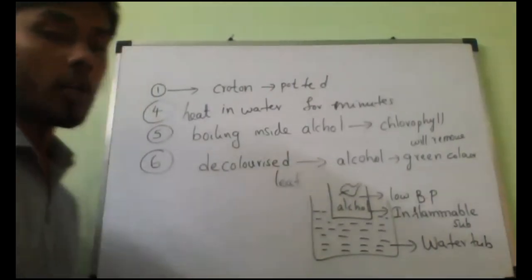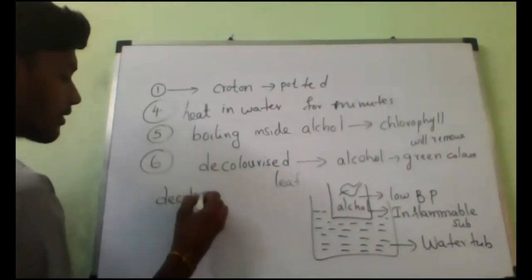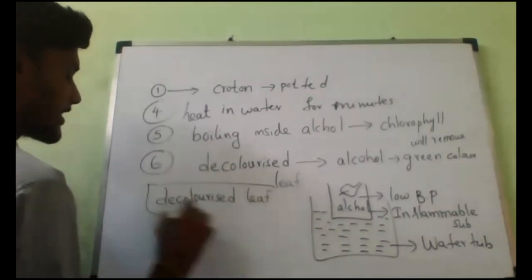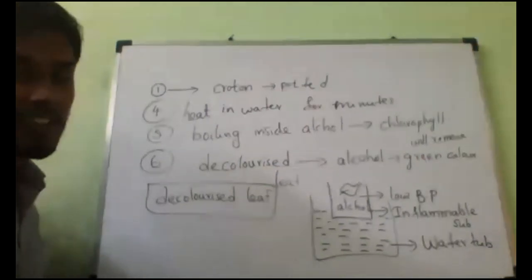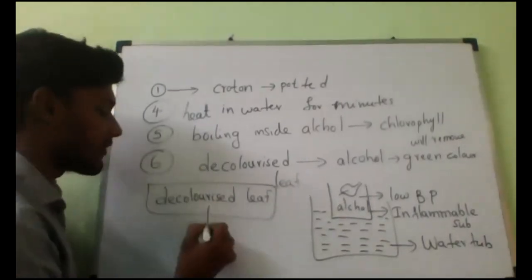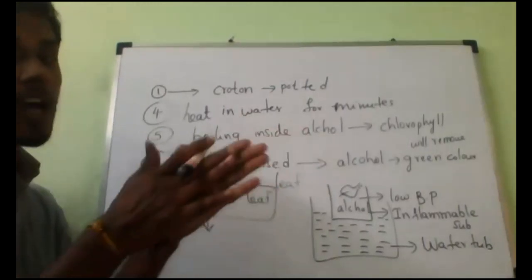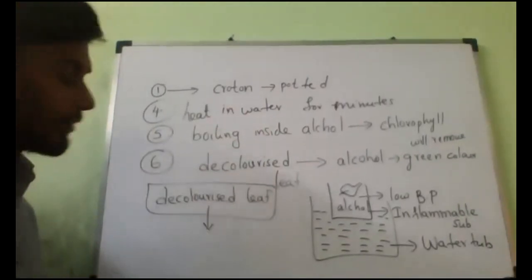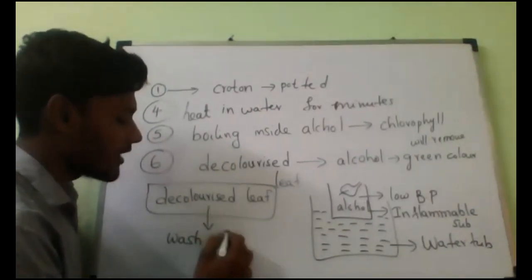So finally, in the second step, we have got a decolorized leaf. Is it yes or no? Yes, sir. Now after this, what we have to do? Any guess? Last experiment, you remember, after removing the chlorophyll we have to wash the leaf with hot water to soften it. Wash with hot water slowly.